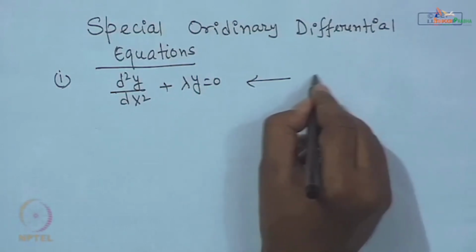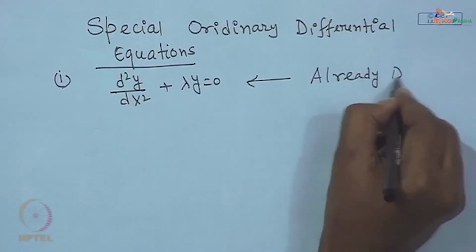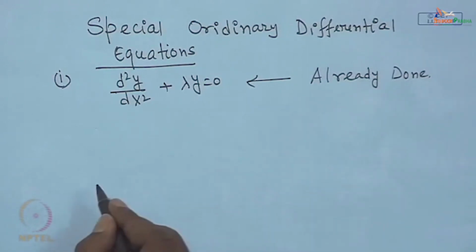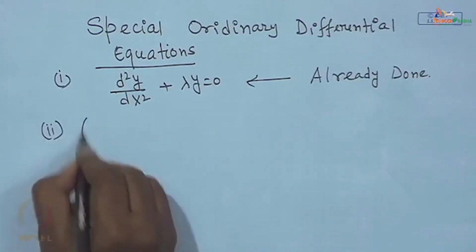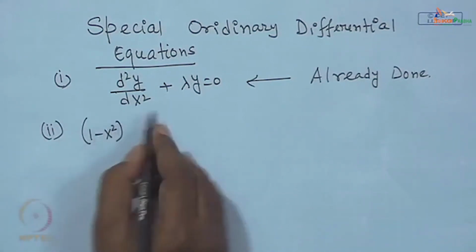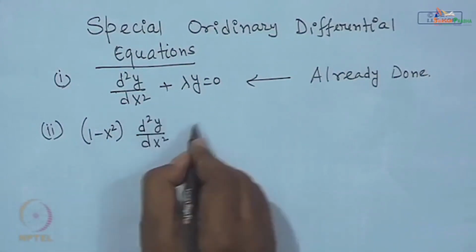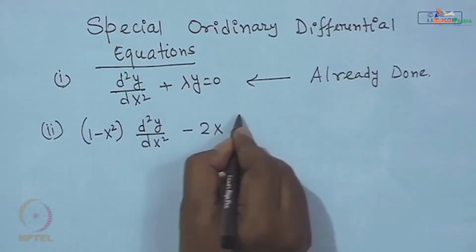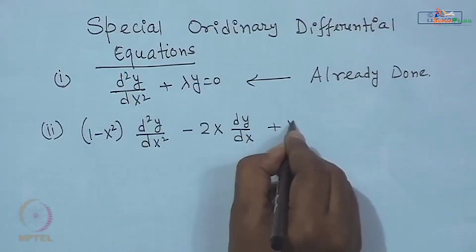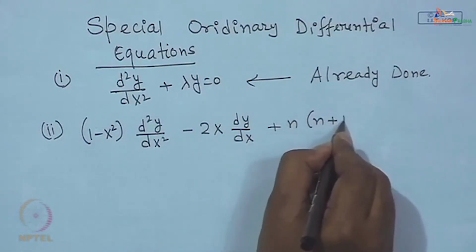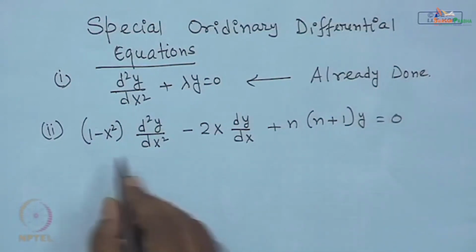The next special ordinary differential equation we will be looking at is of this form: 1 minus x square d square y dx square minus 2 x dy dx plus n into n plus 1 into y is equal to 0. The boundary conditions are